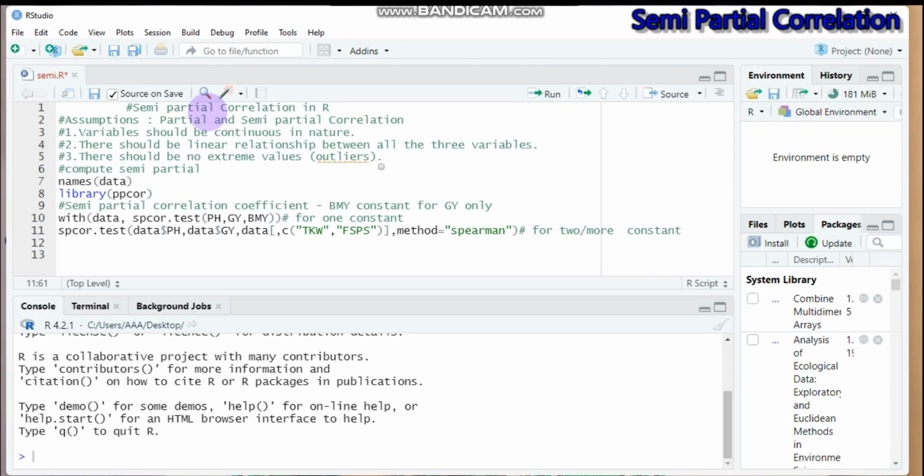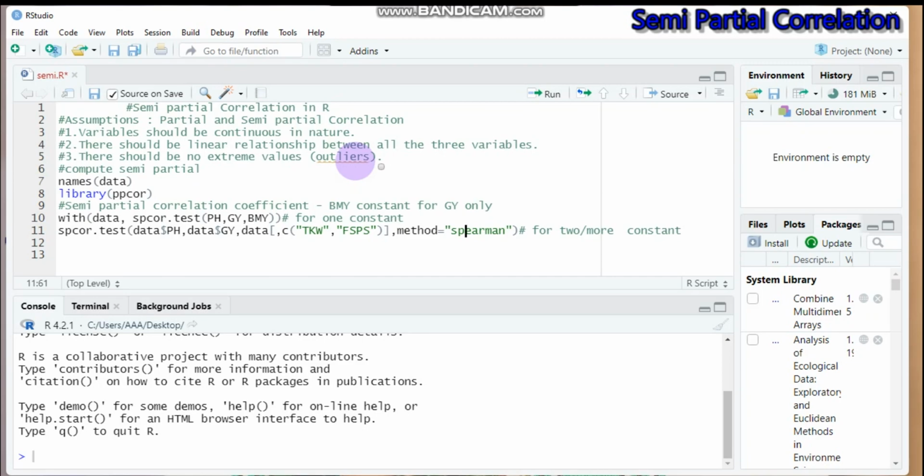That means the x and the y variable as well as the constants. Constants may be one or more variables. And the third assumption is that there should not be outliers in our data. For example, if there are outliers, you have to cap or remove the observations that contain